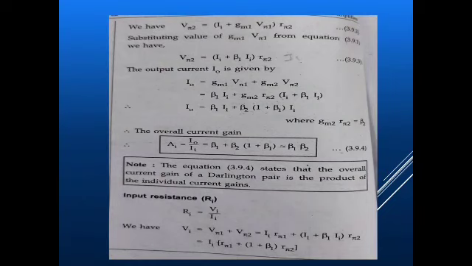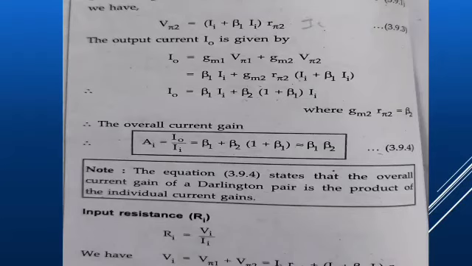Next, we have to find the gain of this common collector amplifier. Gain means the current gain, so we obtain the ratio of output current to input current. We can get the output current I0 in terms of Ii, and dividing, we get the current gain AI as (beta 1 plus beta 2) into (1 plus beta 1), which is approximately equal to beta 1 into beta 2. This shows that the overall current gain of a Darlington amplifier is given by the multiplication of the individual current gains.